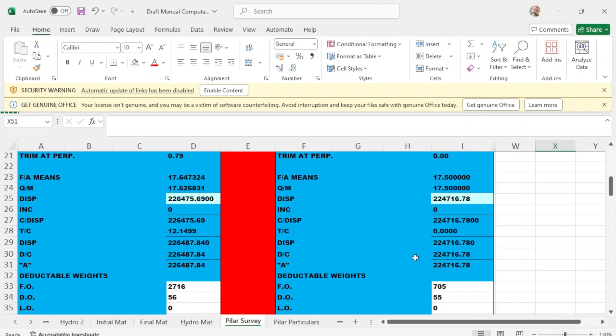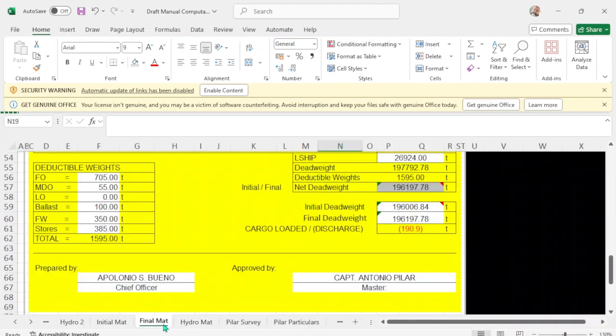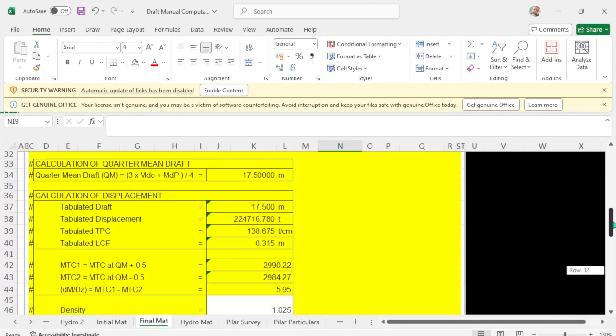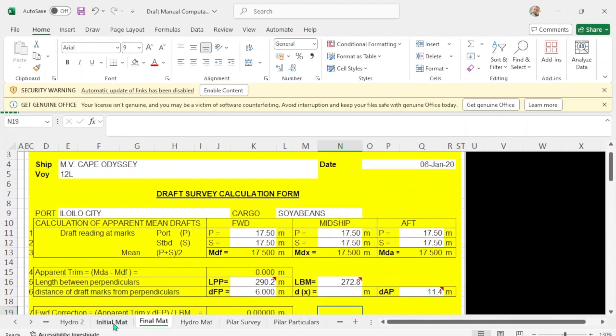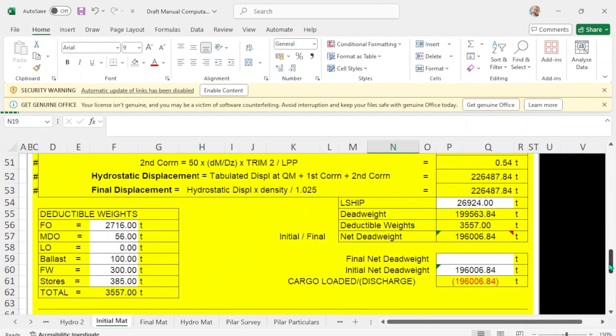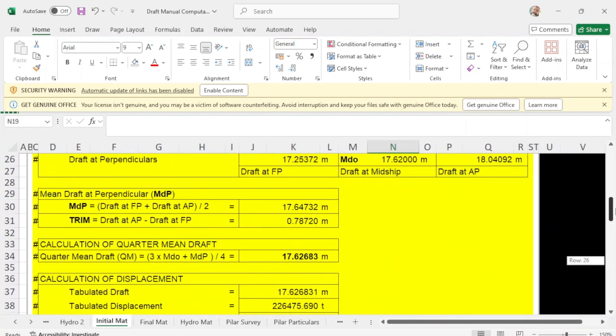And it's very simple, if you just follow the formula.